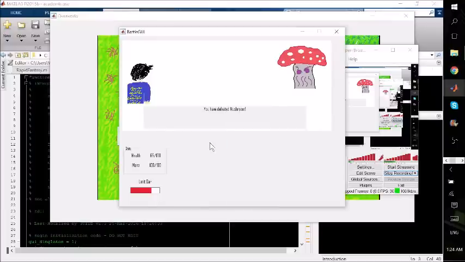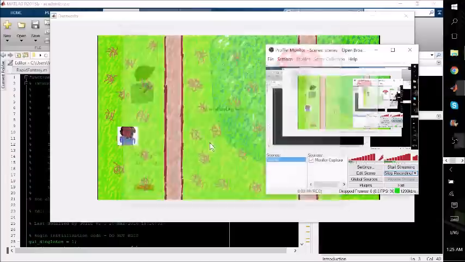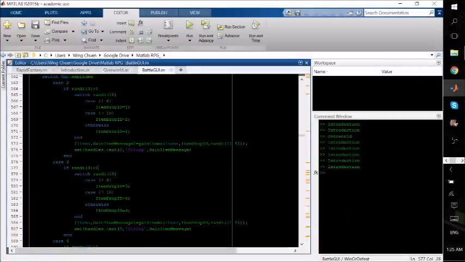Upon winning, the system would also award the player with items or equipment based on random chance and which map they're on. This was determined mainly using randi as well as several switch